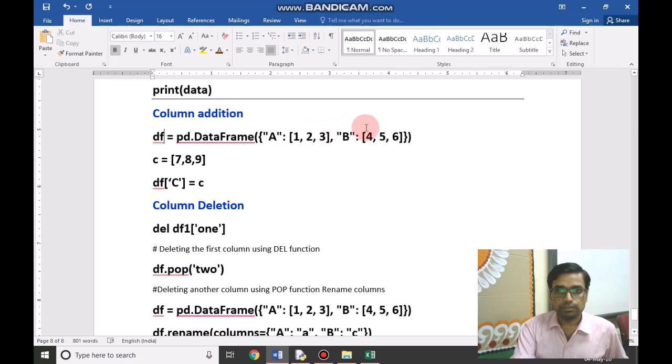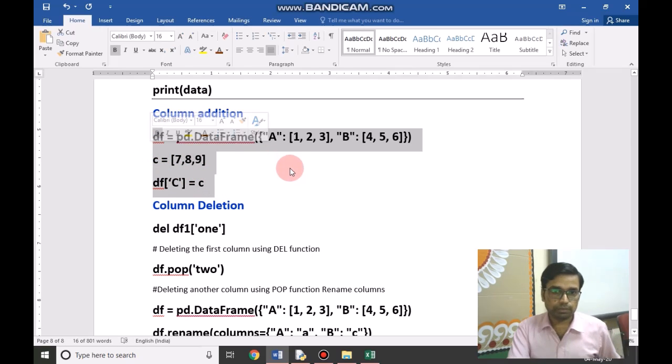This is actually a dictionary, so it is converted into a data frame, and we have taken c, the list 789, and added a column for C to the data frame df. If we run this program,